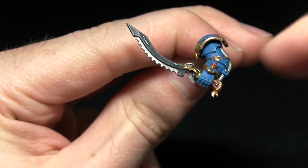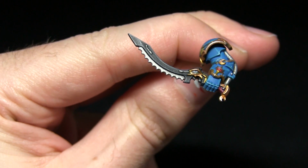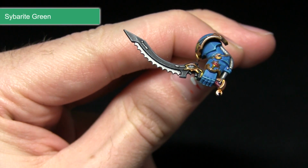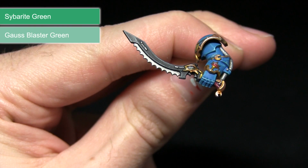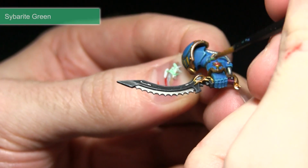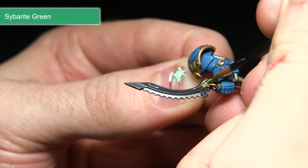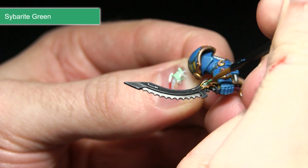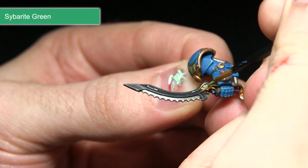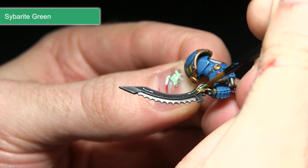So next up, we'll be painting any of the eyes on the weapons and also the helmet as well. Now we'll be starting off with a base coat of Sybarite Green, followed by a highlight of Ghostblaster Green and a final highlight of Ulthuan Grey. As with the application of the Mephiston Red, I'm just going to be applying this Sybarite Green across the entirety of the eye. Again, just being careful not to overspill into the gold areas we've already painted. And I've mixed in just a small amount of water again here, just to improve the flow of the paint